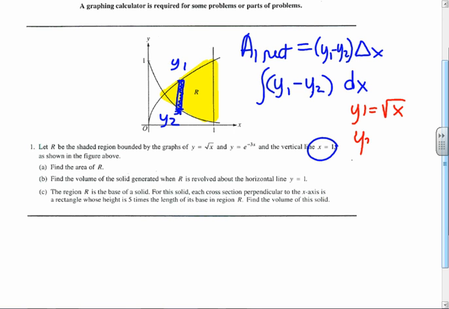Okay, so y2 is what? E to the minus 3x. Could you do this integral by hand? Yes, you could. It'll be easier than that. No natural log. What's the antiderivative of e to the x? Well, I'll have a negative 1/3. But we're going to do it on a calculator anyway. So we're going to integrate, and as long as I've done this, I can just leave it y1 minus y2